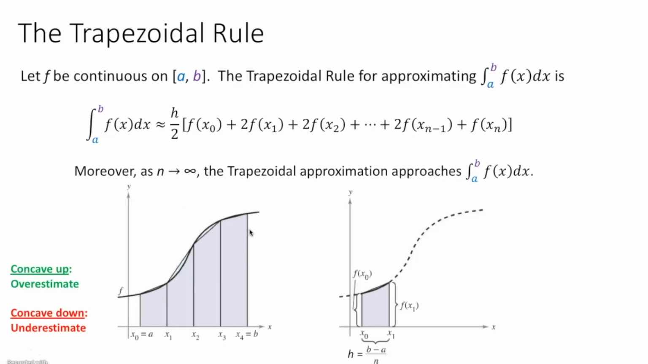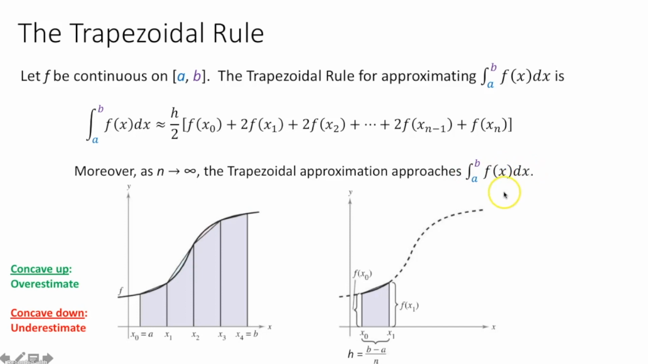Now, the trapezoidal rule says let f be continuous on the closed interval [a, b]. The trapezoidal rule for approximating the integral from a to b of f of x dx is h over 2 times the quantity f of x sub 0 plus 2 times f of x sub 1 plus 2 times f of x sub 2 all the way to plus 2 times f of x sub n minus 1 plus f of x sub n. Moreover, as n approaches infinity, the trapezoidal approximation approaches the integral from a to b of